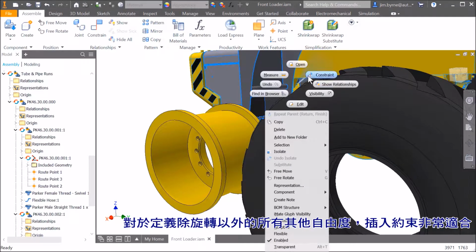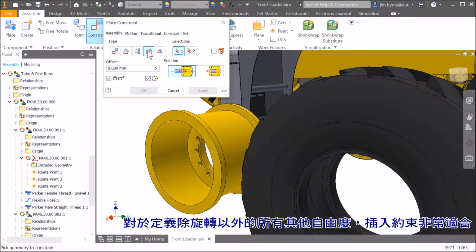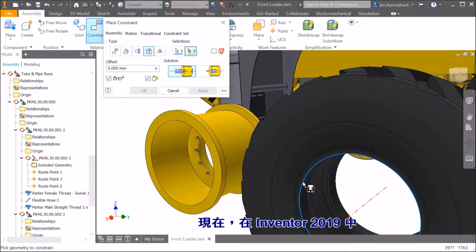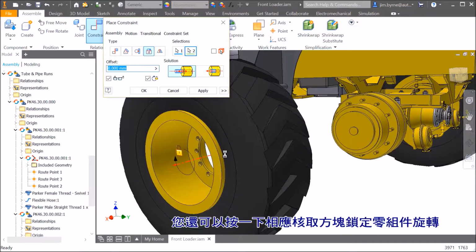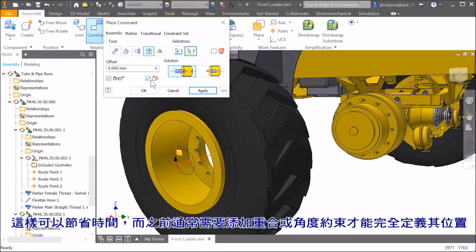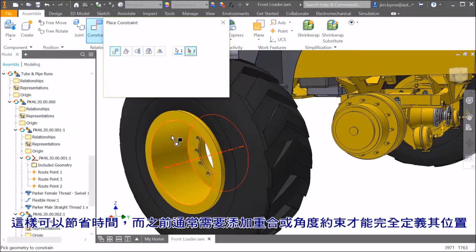The insert constraint is great for defining all degrees of freedom besides rotation. Now, in Inventor 2019, you can lock the rotation of a component as well with a single click in the checkbox. This saves the time it would normally take to add a coincident or angular constraint to fully define its